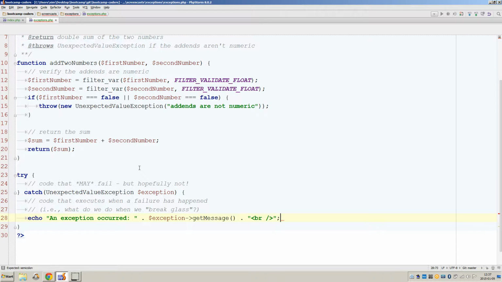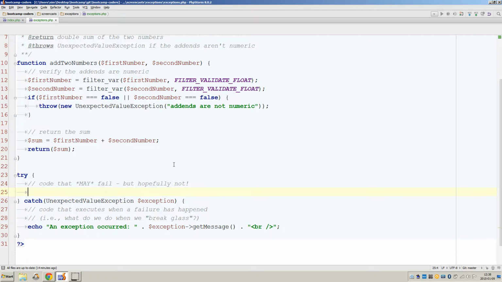For now, like I said, we are just going to print out a very simple message saying, hey, an exception occurred. Now the exception has occurred, let's go ahead and try some code that may or may not fail. First one I'm going to try is what I call the happy case,